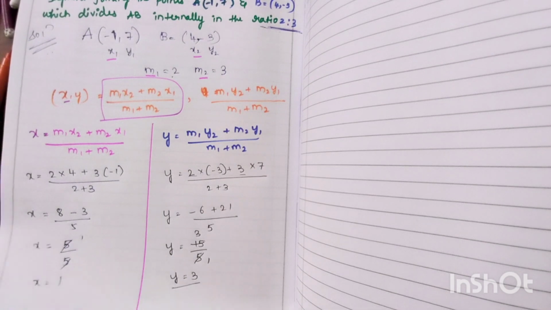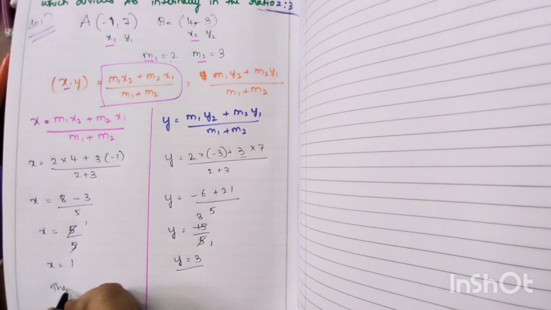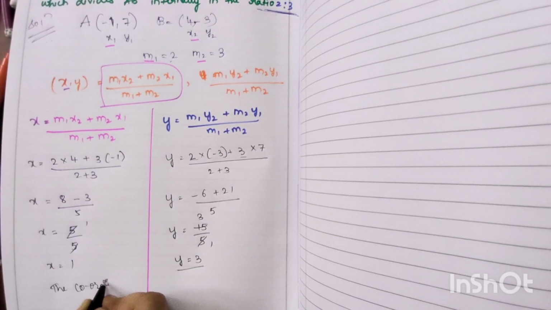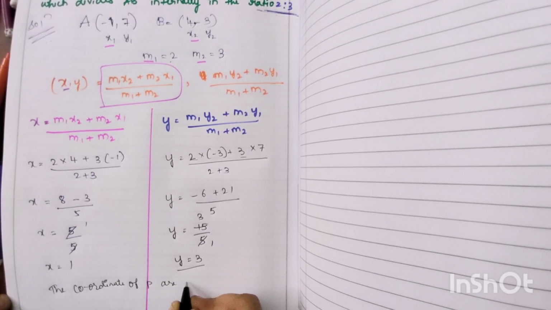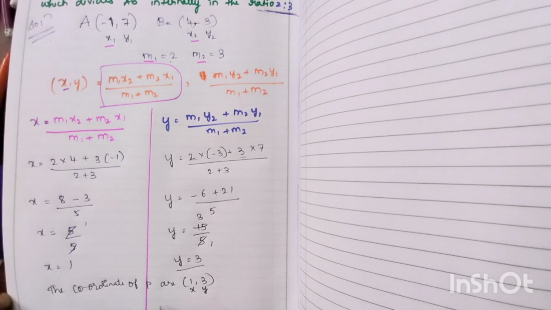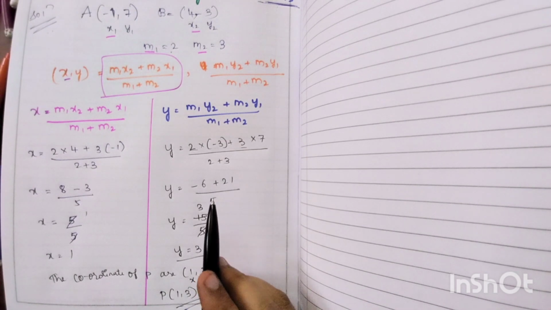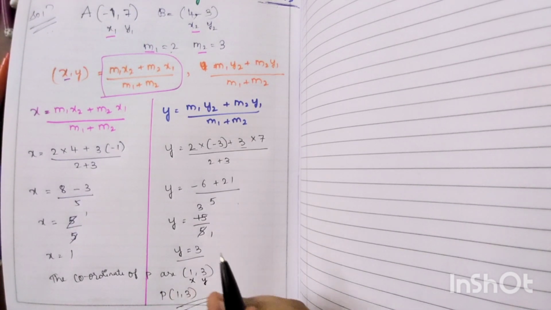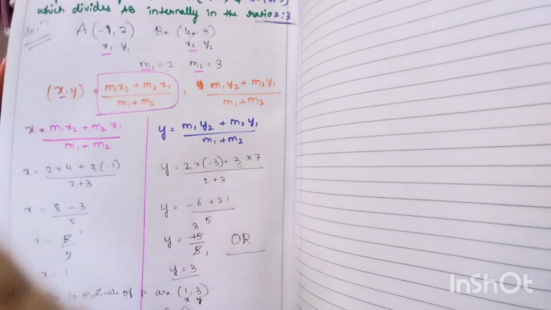Now we got the x and y points. So we have to write it as the coordinates. The coordinates of P are (1, 3). This is the place of x, this is the place of y. So that is what you have to substitute. Then you can write P of (1, 3). So that is the answer. Correct. So this much is for the 28th question. A similar question you will get as an OR question in the 28th question. Okay. Next question